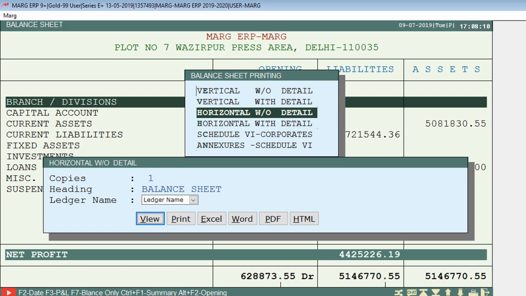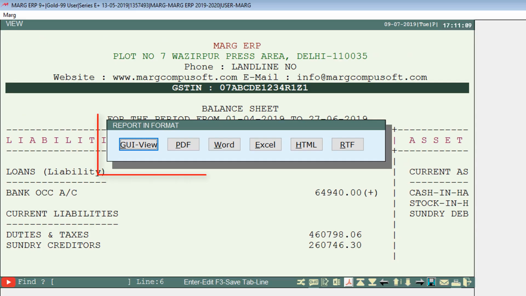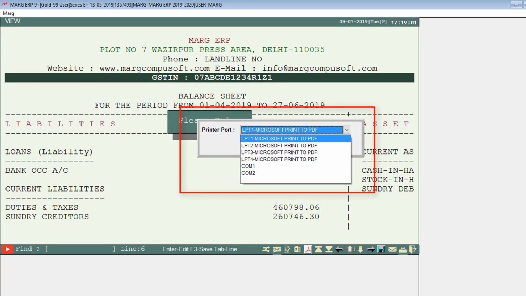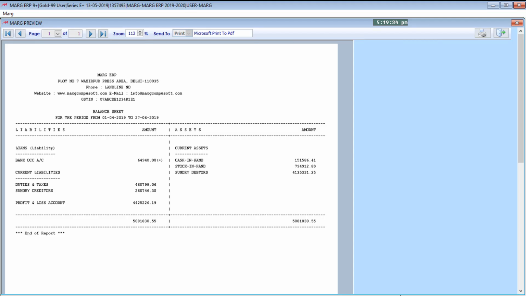Suppose we need to view the print preview before printing, so we will click on view. Then from this window, click on the PDF icon from the below icons. Then this report in format window will open. Click on the GUI view button. Select the print report which is attached with your software and then click on the OK button. So in this way you can view the horizontal form of the balance sheet without detail.